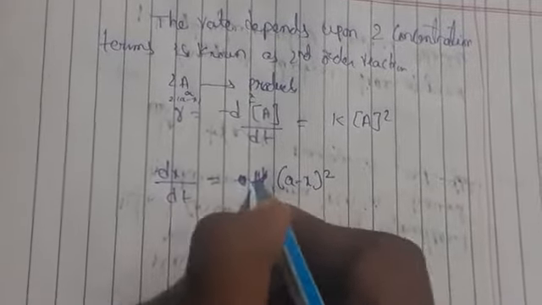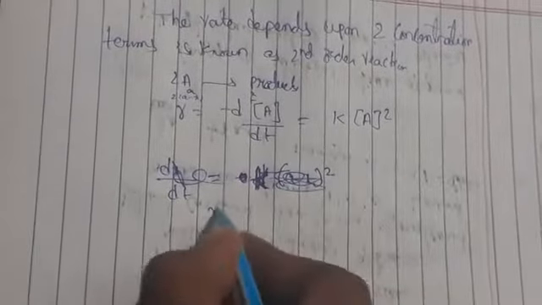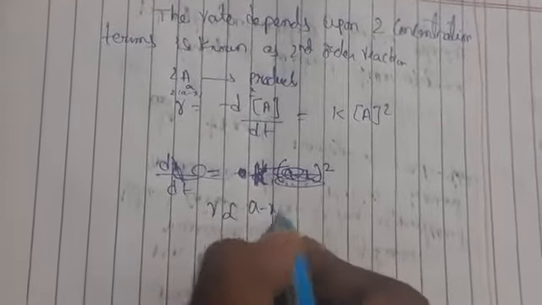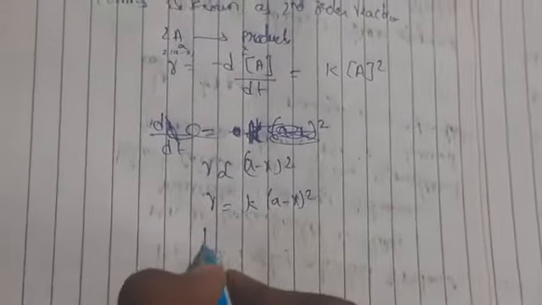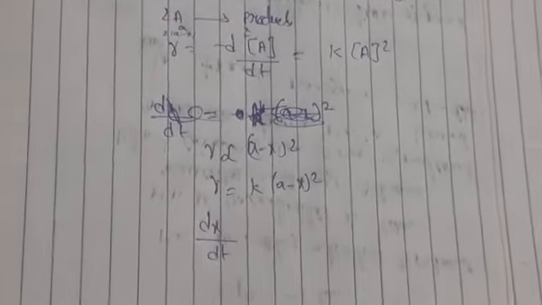Generally this equation can be written as, see here, R is directly proportional to (a minus x) whole square, where R is equal to k into (a minus x) square. R indicates dx by dt. So dx by dt is equal to k into (a minus x) whole square. So this term will come here, that is, dx by (a minus x) square is equal to k into